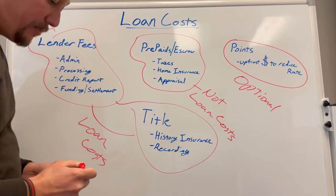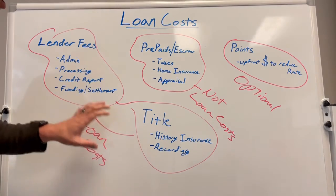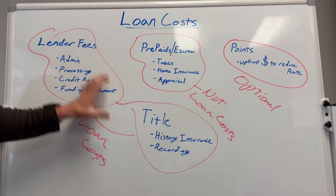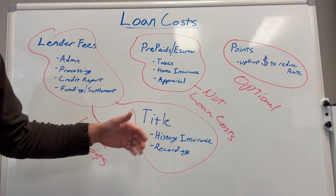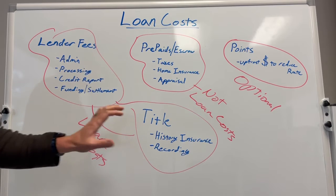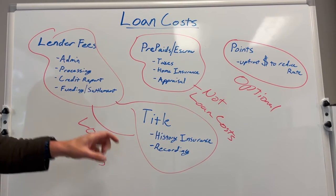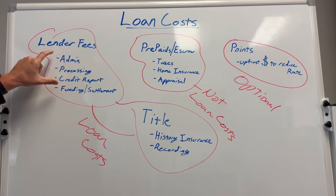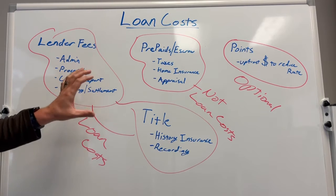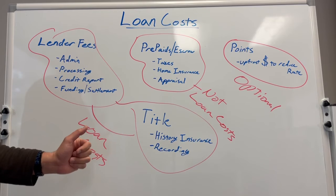And those can vary per lender. So definitely do some homework and check that out. Now, not all lenders break down their lender fees separately. Some of them actually build their fees into the rate. So when you're taking a look at all of this, compare not just the rate that you're paying, but the actual APR. What the APR is, the annual percentage rate, and that actually combines some of these items together to give you your full interest rate on an annual basis, not just the rate that you're paying of interest on